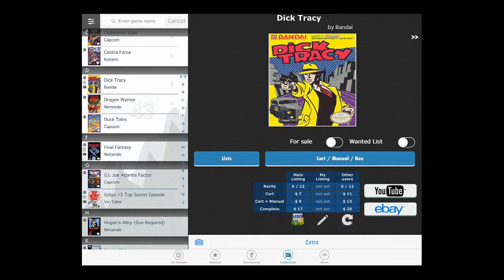Now, you can look down here below, and there's 3 different listings: main listing, my listing, and other users. The left is taken mostly from the company's records from eBay and things like that, with the rarity, how much it is just with cart, how much it is with the cart and the manual, and how much it's worth